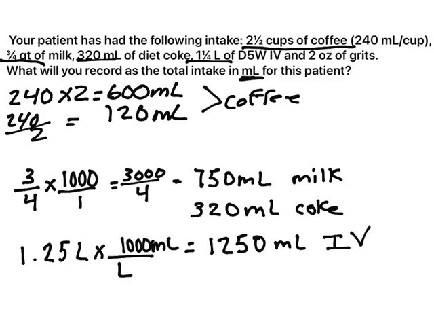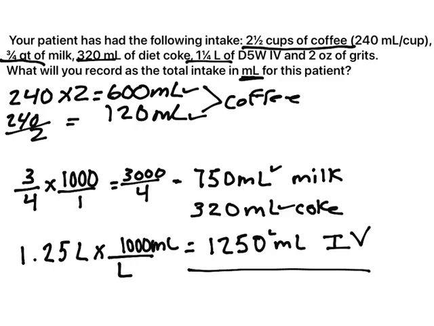And then guess what? Are we going to use the grits? No, we're not going to use grits. Grits is not considered fluid intake. So all we have to do now is add. We're going to take our 600, 120, 750, 320, and 1,250, and add those all up together. And